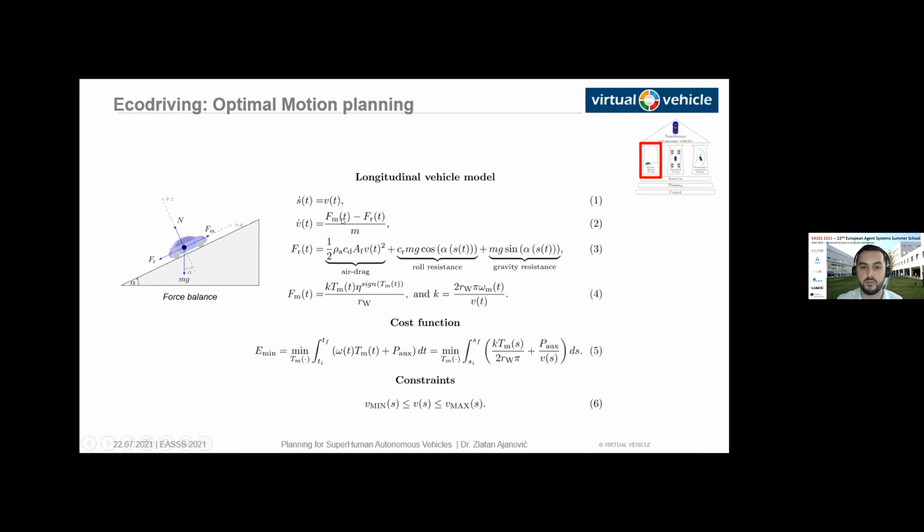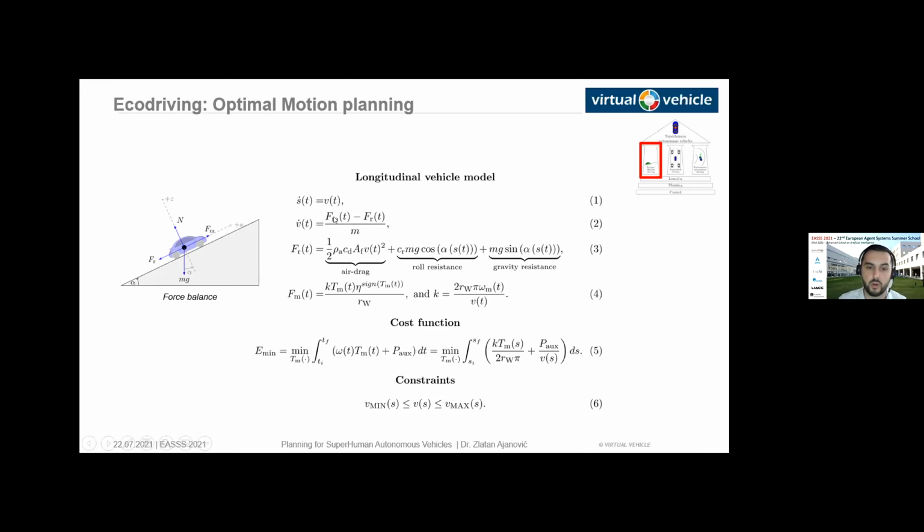So the difference in force over the mass gives us the acceleration, or the first derivative of velocity, and the second derivative of position is acceleration. So we have a double integrator here: position, velocity, and acceleration. And we have the acceleration here, and also our control is this torque, or the force,